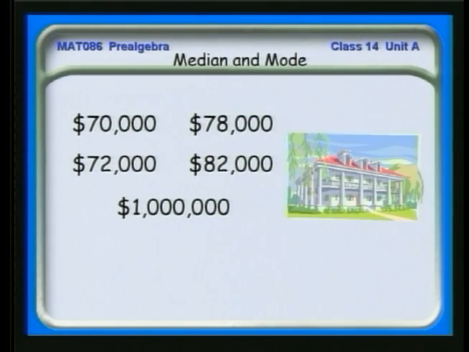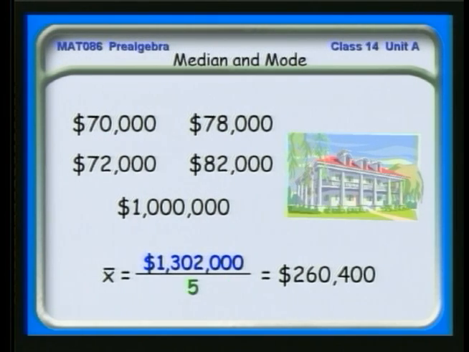Here are some house prices in a neighborhood. We have $70,000, $80,000, and then there's a $1 million house. If I look at the average by adding them all up and then dividing by 5, I see that the average price is $260,400. But again, that may not be an accurate representation if you want to tell someone what houses commonly are